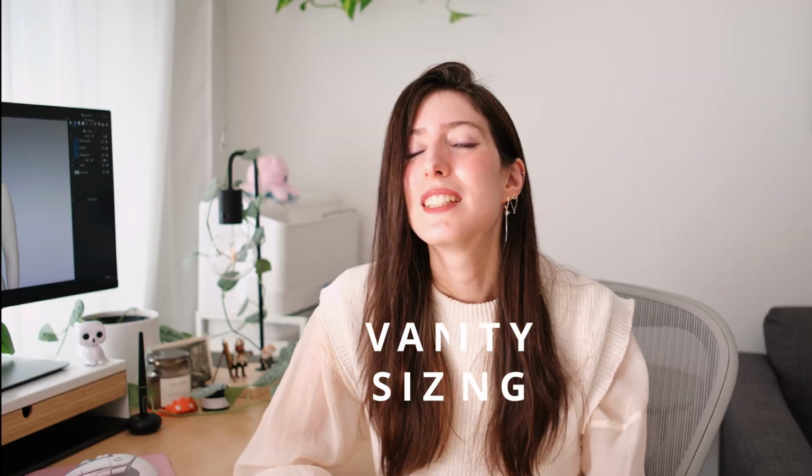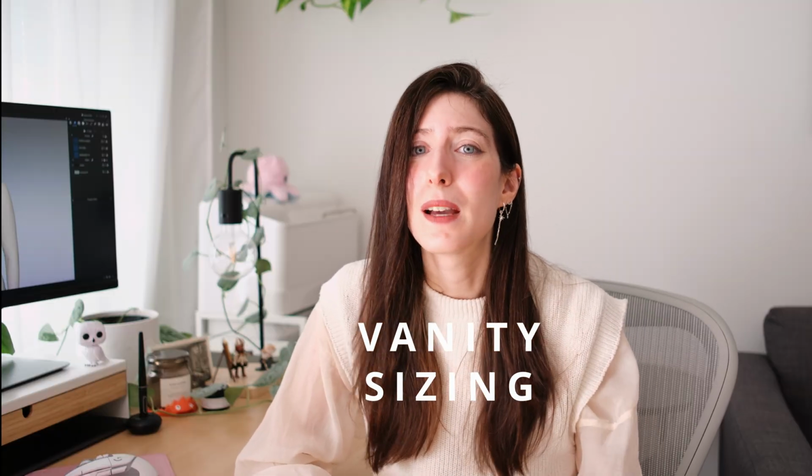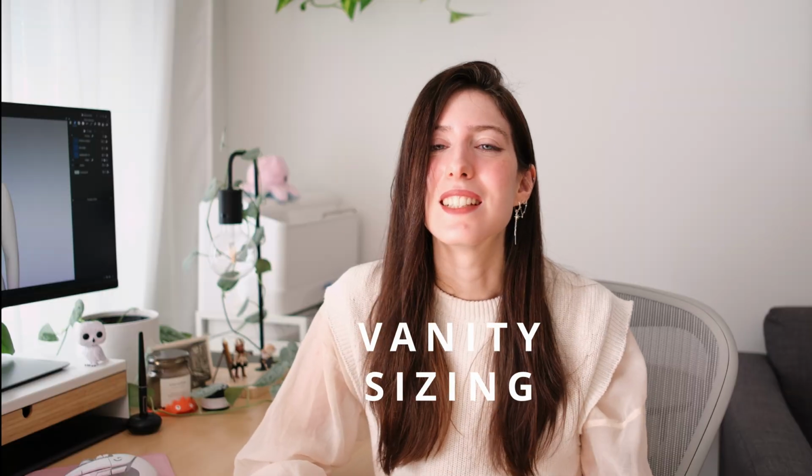So what British manufacturers did was to keep the old size labels and just tell people to measure their underbust and add 4 to 5 inches to that to get the new size. This is what is called vanity sizing in the fashion industry, and it's when brands tweak their size labeling system to make you believe that you're a size that you are not, because it's supposed to make you feel better. And in the rest of Europe,